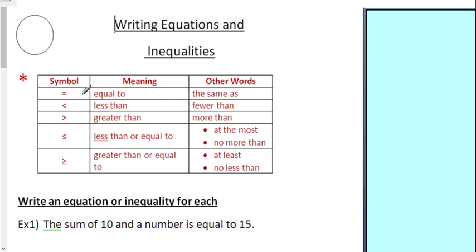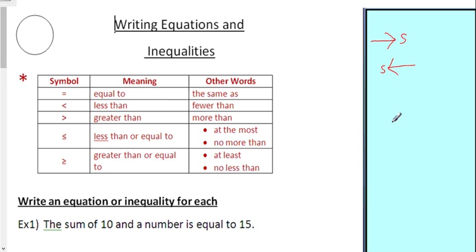The equal sign means equal to, obviously, and it means same as. You probably already know these two symbols, the less than sign and the greater than sign. Now, most teachers don't teach this, but I do. When you see that greater than sign, I want you to think of it as an arrow. And the arrow always points to the smaller number. So the smaller number would be here. When you see the less than sign, it's an arrow pointing to this number, so this has to be the